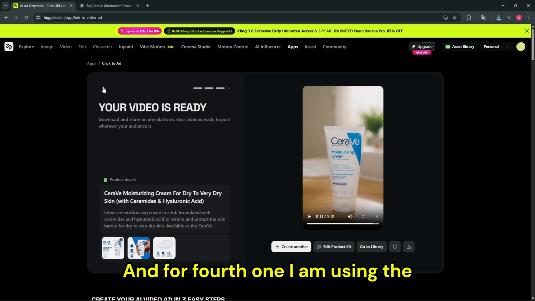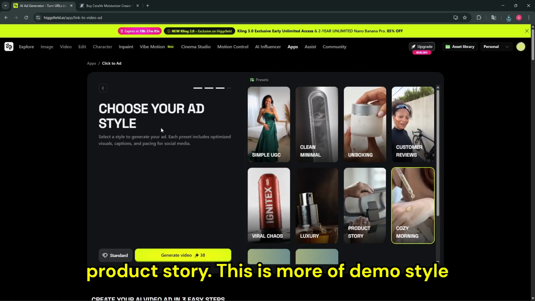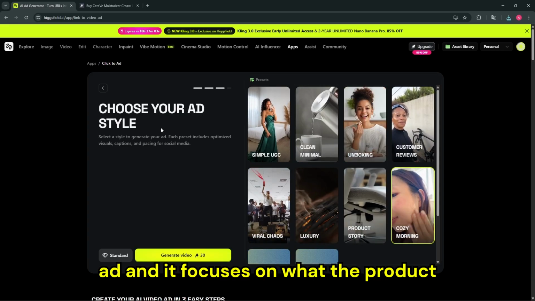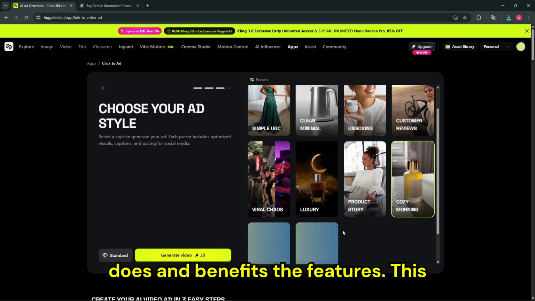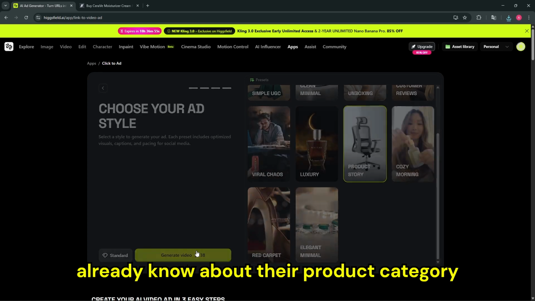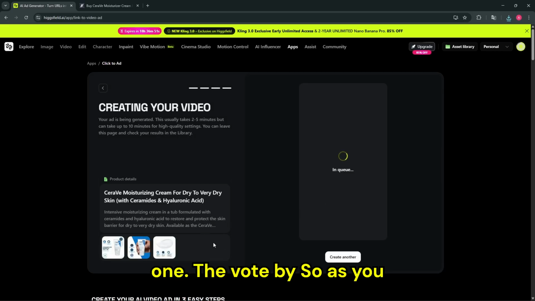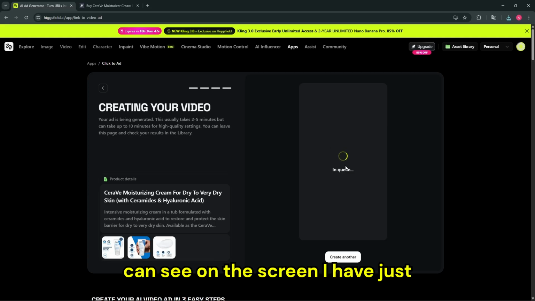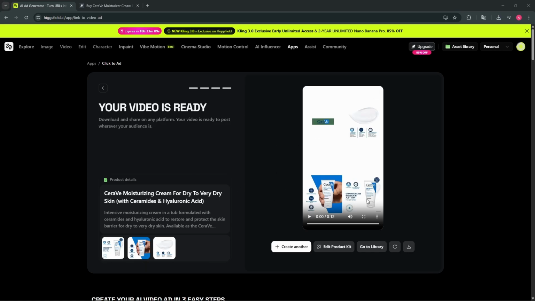And for the fourth one, I am using the product story. This is more of a demo style ad and it focuses on what the product does and the benefits, the features. This works great for mid funnel audience who already know about the product category but need to understand why this specific one is worth buying. So as you can see on the screen, I have just gone back and let me click on generate this and